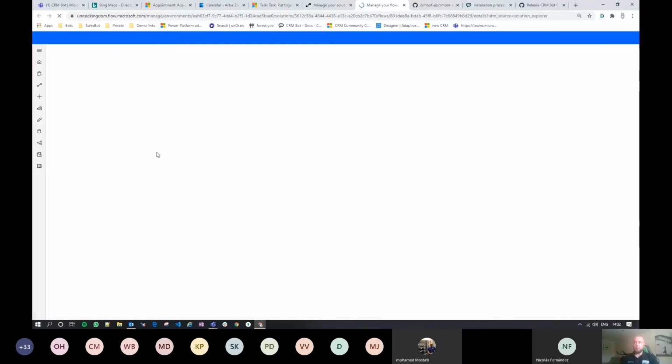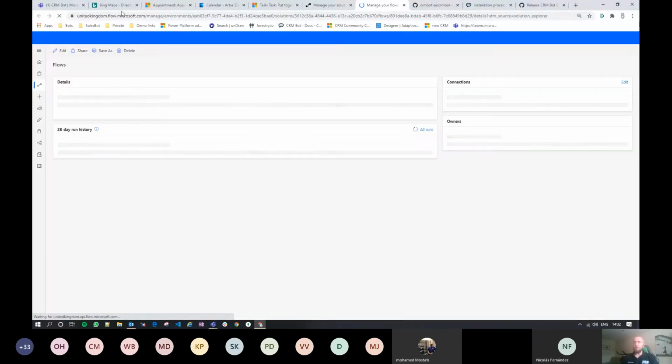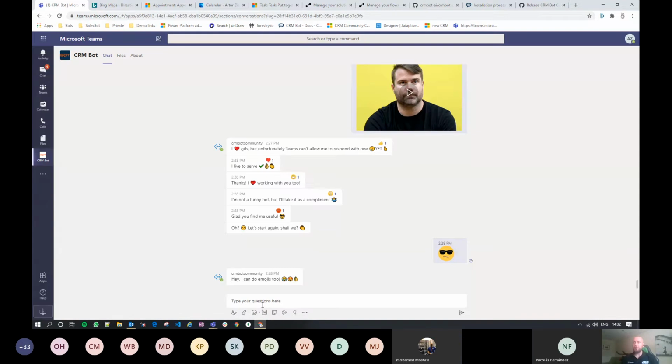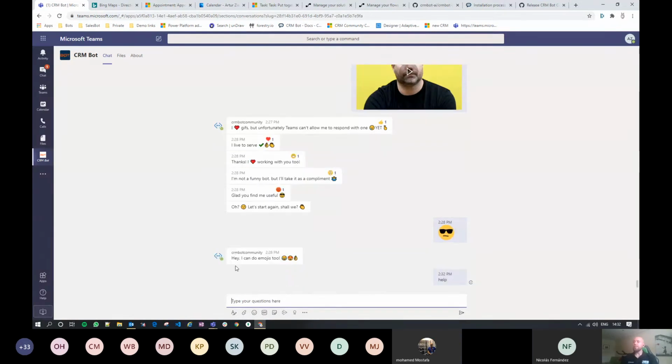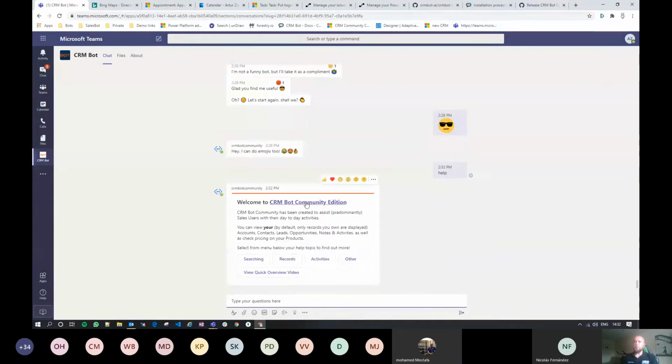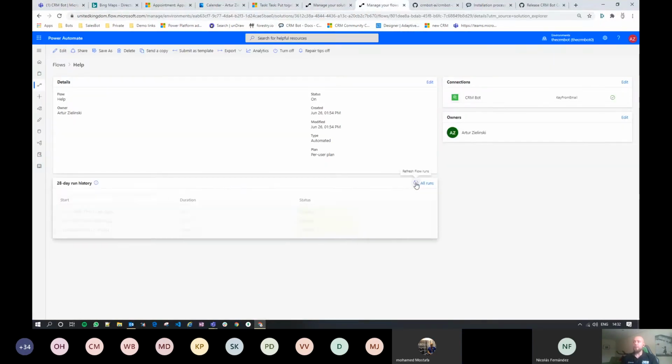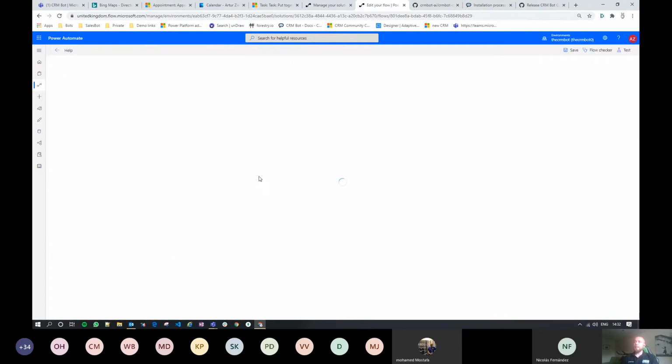Let's go through a simple one just for you to get an understanding. You remember in this chatbot, if you type help, it will show you this page, or this response. If we go and look at our flow, you will see there is a trigger that ran 11 seconds ago. You can use this to debug your chatbots. If you look at the flow, you will see that it contains three actions. They're all part of the custom connector.